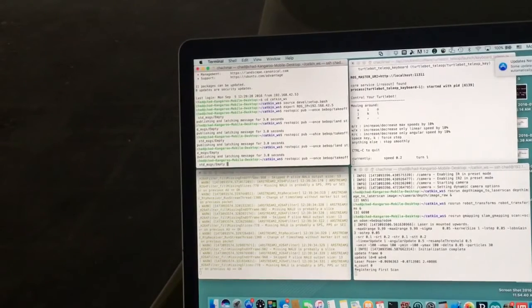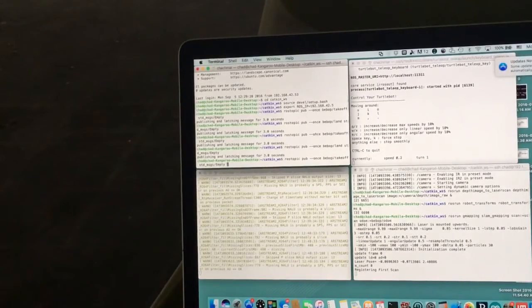Okay. So I'm SSH'd into a number of different terminals. The one to the top right is going to allow me to send command velocity to the Bebop drone and maneuver it. Right now I can't get full control over it because I think I have some Wi-Fi interference, so I'm going to limit the movement during this test. Basically I just want to launch it, see if it can map while it's in the air,